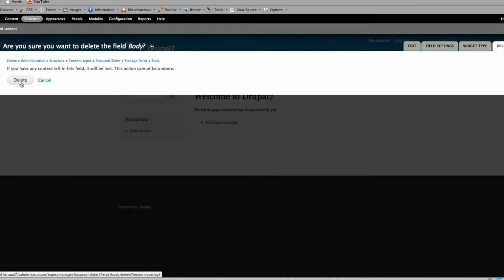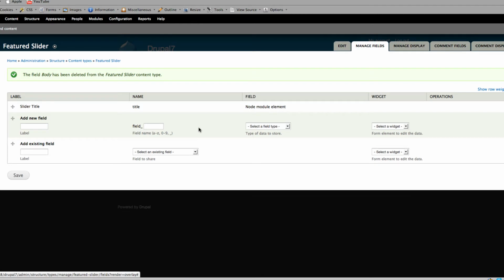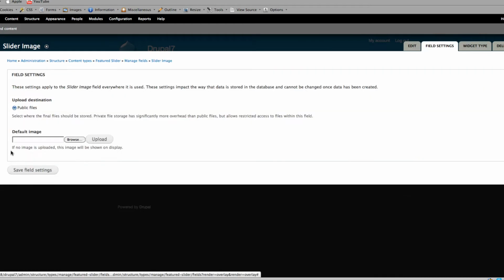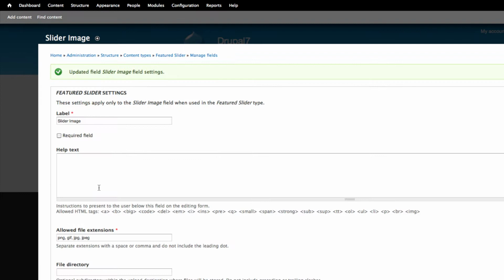delete that. If you want to give a description or something like that, you can. Next, we need an image, so we just call it slider image, so that we can upload the full size image. We call it slider_image, then choose image, and the widget image, click save. Here leave all these settings as default. Save field settings and make this field required, and you can give some help text like